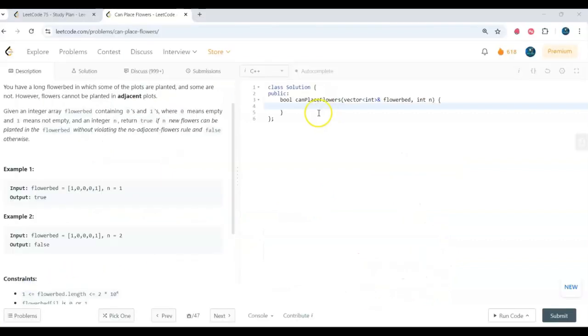So let's take the size of the flower bed and store it in the variable size. Now let's iterate over this flower bed, and we'll check whether that particular current spot is empty or not. So if it is empty, we'll check its left spots and right spots, and we'll store it in variable left empty or right empty. If a spot is present at the initial index or at a particular index I, so